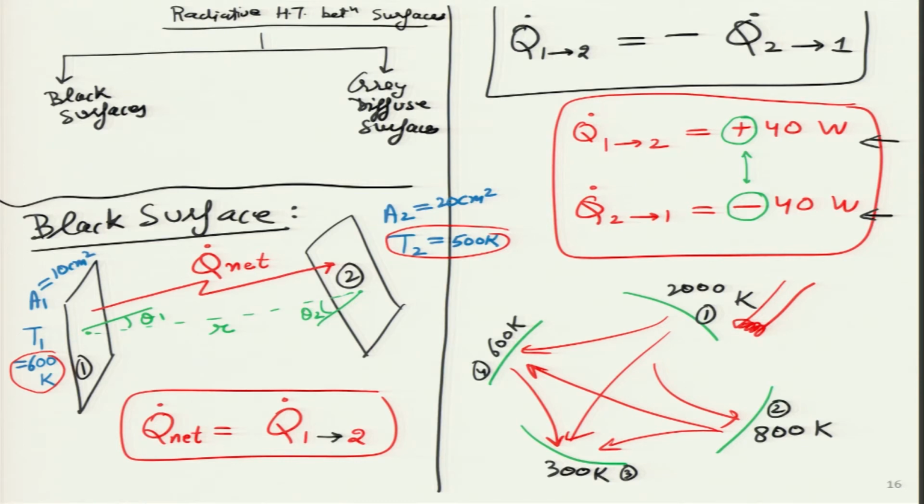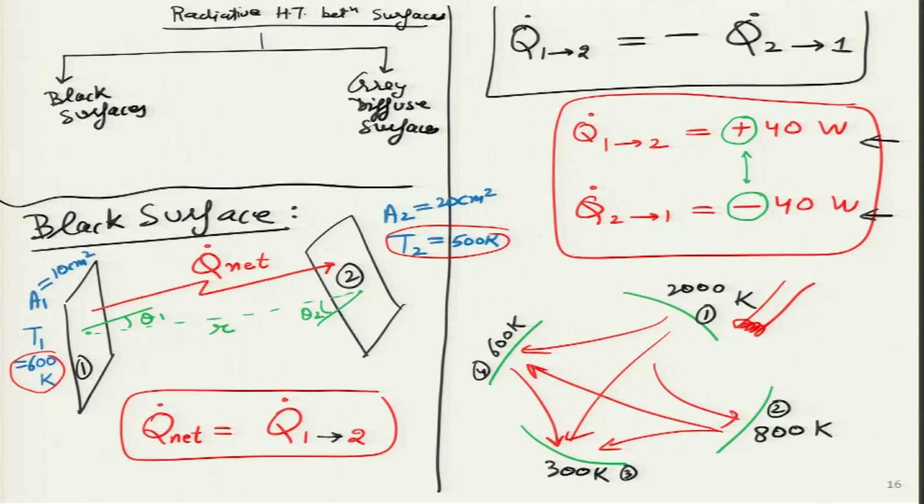I hope you are not getting confused by all these arrows. Very soon we will make it very simple, but right now I made this complicated just to illustrate to you what level of complexity we will be able to solve very easily. It will become very easy. The only thing we have to promise is we have to keep track of all the positive and negative signs.